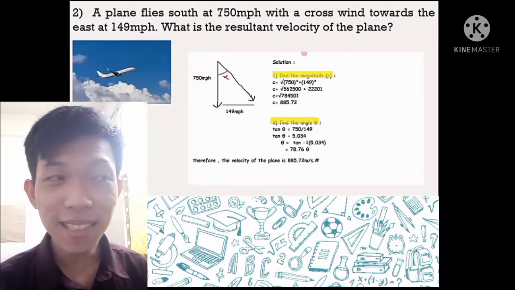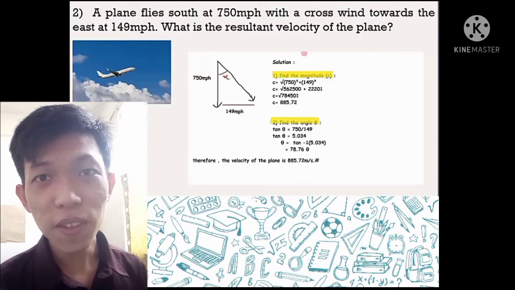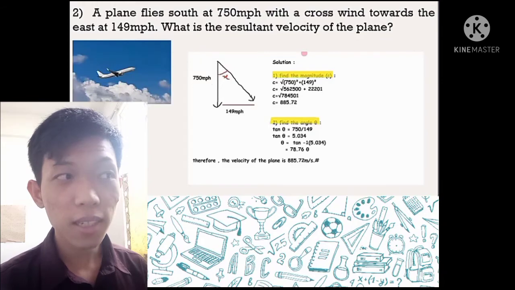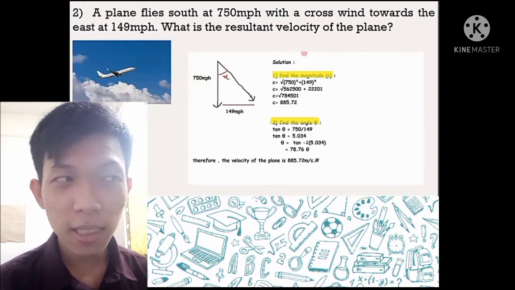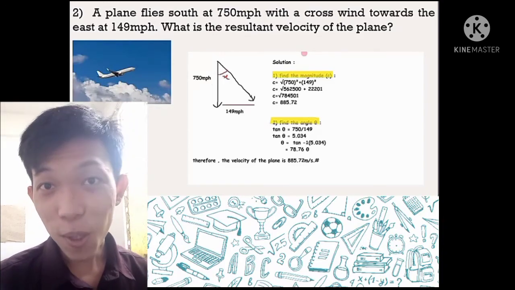Question number 2 is, a plane flies south at 750 mph with a crosswind toward the east at 149 mph. What is the velocity of the plane? The solution is,